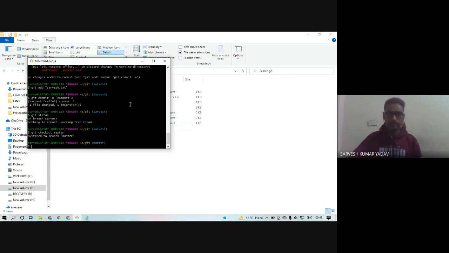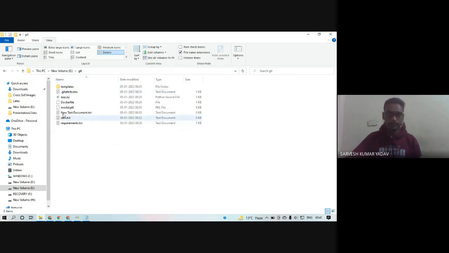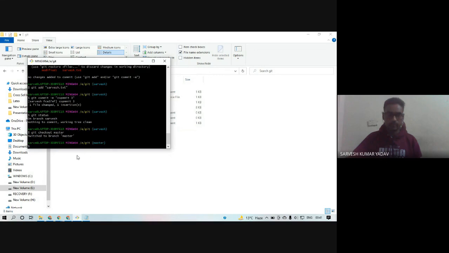Switched to branch master, and see here service.txt is not present. So we can say we have created a new branch and we are working separately under that branch. So it is not going to change anything under our master branch.